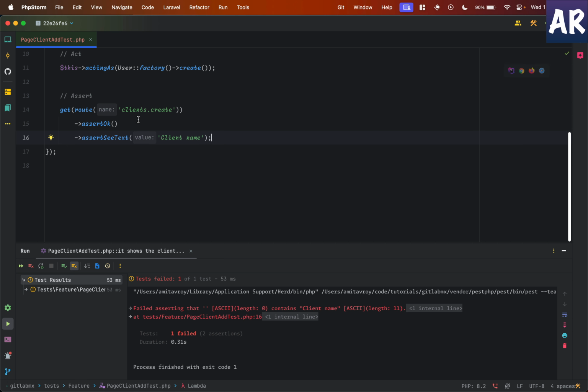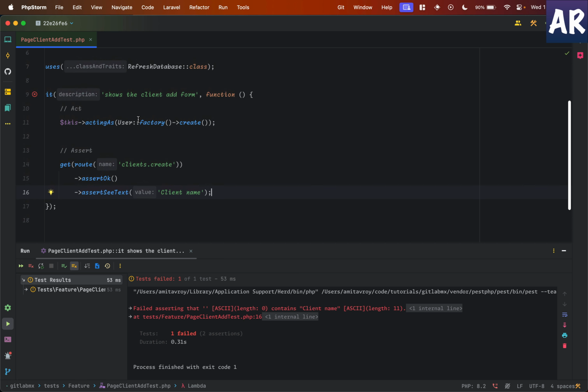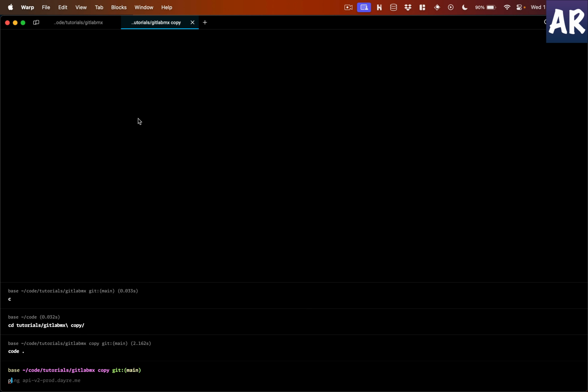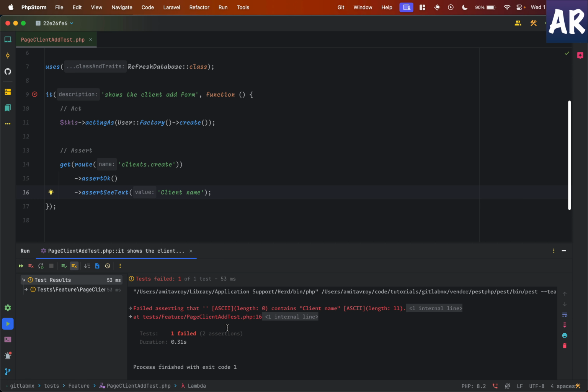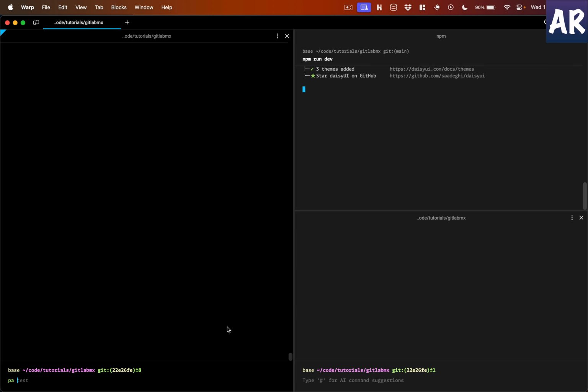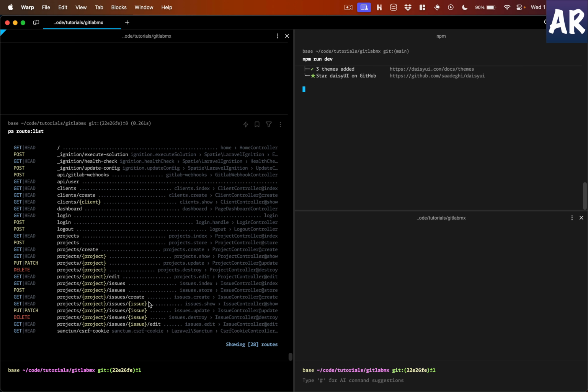So then, what is the situation? We do have a route, because if I do PHP artisan route list, PA for me is PHP artisan route list, I can see we have client create, and the client controller create method is already handling it. So then